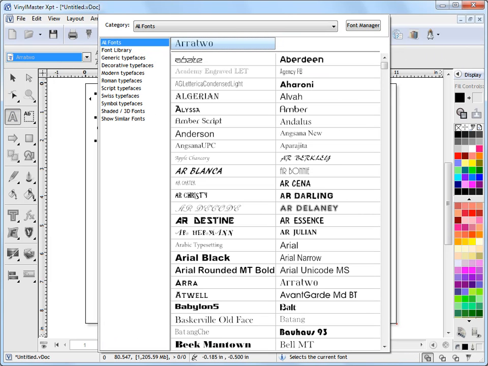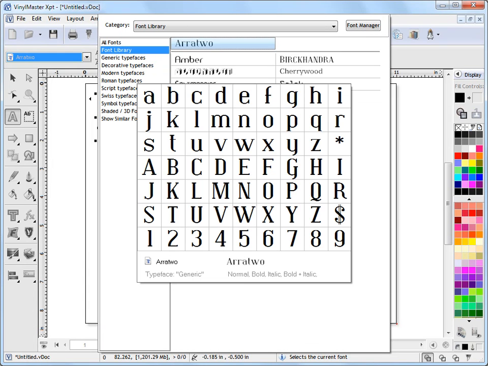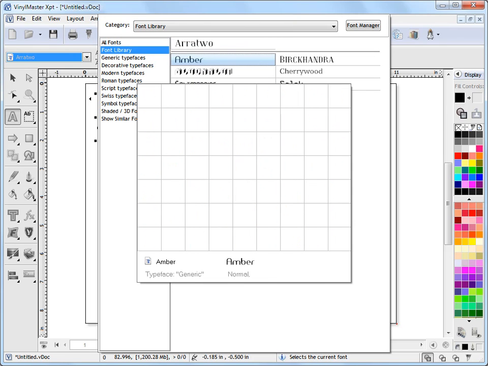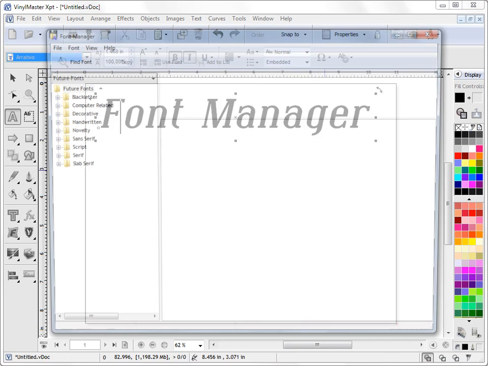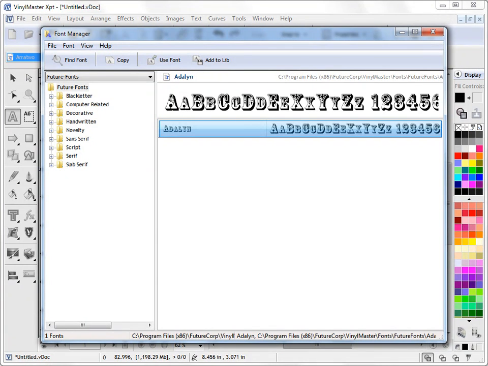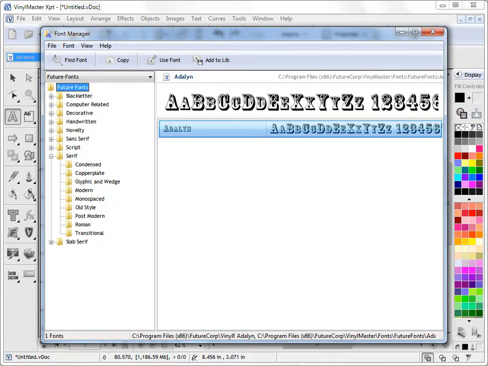If I go here, there's only 1 copy of it here, Arrow2, in the list, and that's because it has a font family. And the font family tells me that I've got the bold italic, and the italic version, as you can see in the drop-down here. Down the bottom there, you can see normal, bold, italic, and bold italic down there. So it's important to know that if I want to include or add a font which has bold and italic, etc., I can do that, but what I must do is